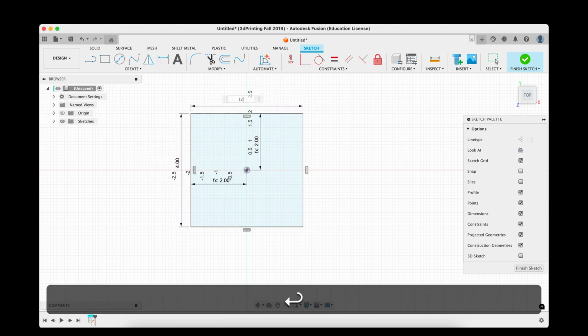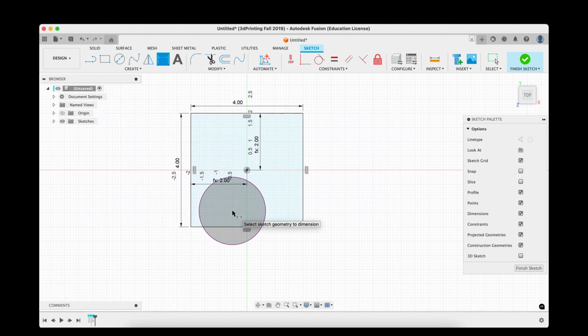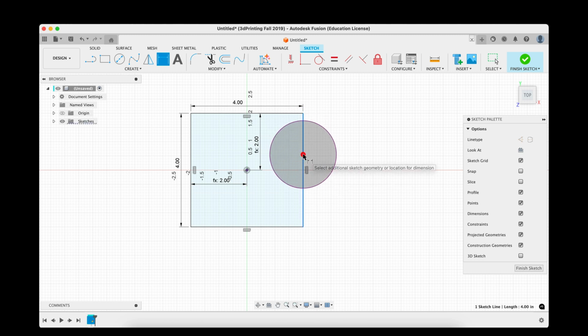I can change them by a lot, and it still is centered, and that is all set. There's one more thing about the dimension tool I want to show you today, and that is the idea of a driven dimension. If you try to create a dimension that Fusion already has rules for, then it's going to complain. I know that this side is 4, and because of the nature of the rectangle, that means that this side is 4 too. If I try to create that dimension anyway,